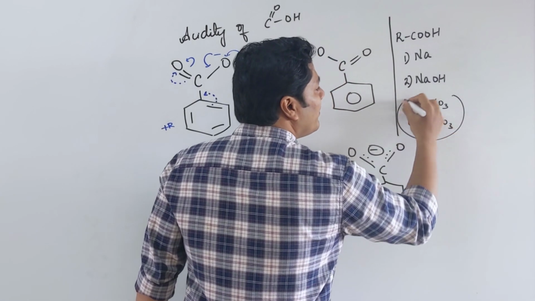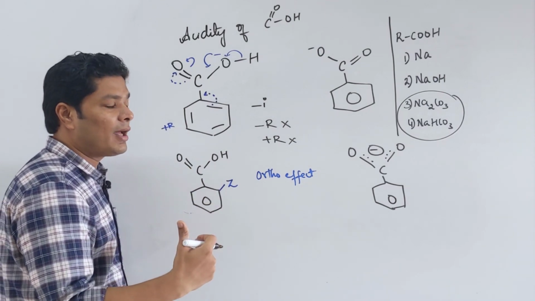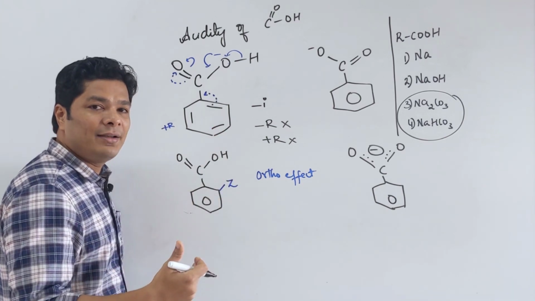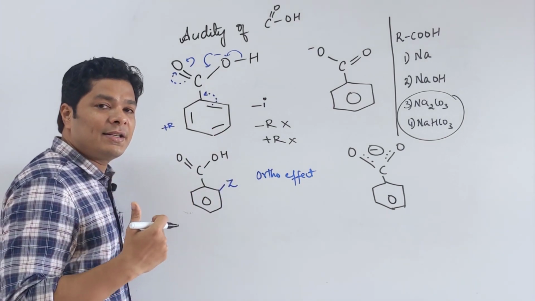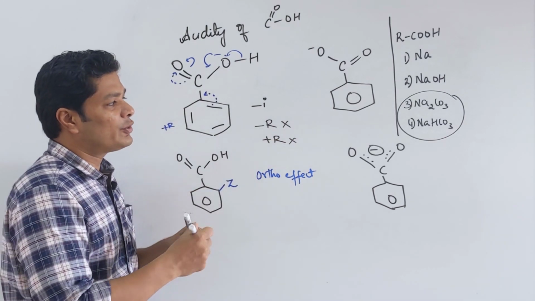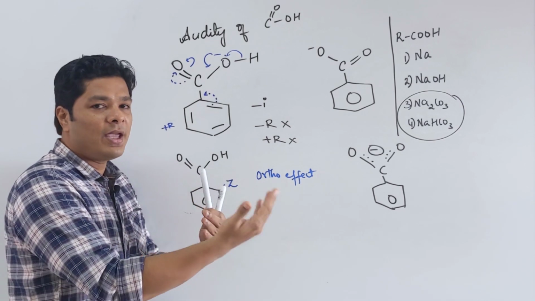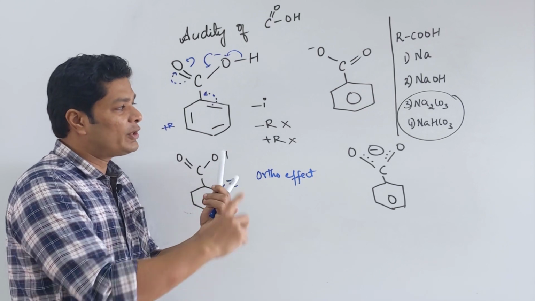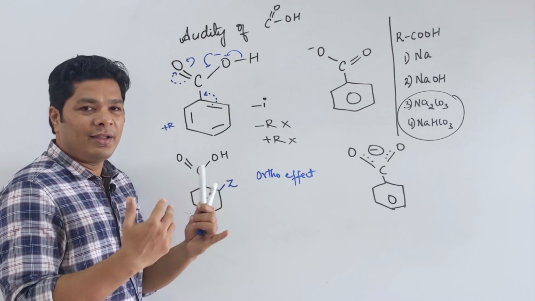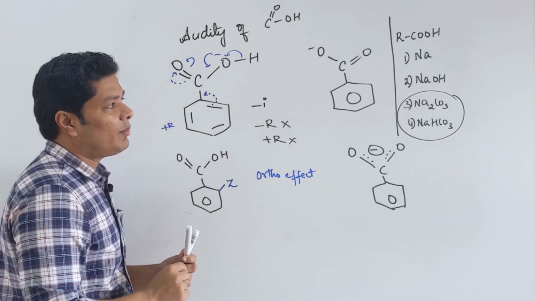This is extremely important because sodium carbonate, or in general carbonates and bicarbonates, react with acids to give you CO2 gas. That's a test for acid. So, in essence, it is a difference between phenol and acid. Phenol will not answer the test with these two. So, if you have phenol and acid, you don't know the compound that you have generated. Let's say A gives you B. B liberates CO2 with sodium bicarbonate, meaning it's an acid. B does not give it, meaning it's a phenol, if the toss-up is only between phenol and acid. So, that is something you want to remember.